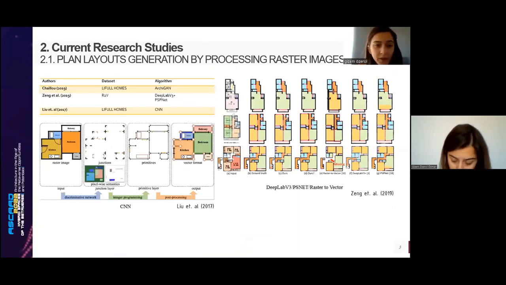As we can see here, for plan layout generation by processing raster images, the latest study, Liu et al. in 2017, first created the junctions from the intersections. So the intersections of the walls and the locations of all these elements were determined. The important part of this process is the processing of the data from raster image to a vector